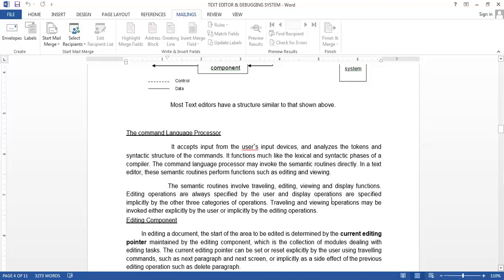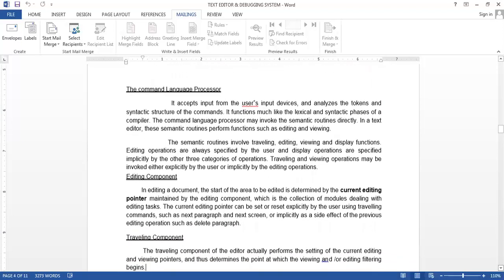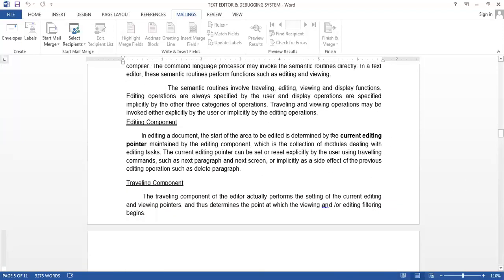Then the editing component. In editing a document, the start of the area to edit is determined by the current editing pointer, like where we have selected the content, where our cursor is. From that, the current editing pointer will be selected. So if I select a particular part from the whole document, my cursor will be at that location.